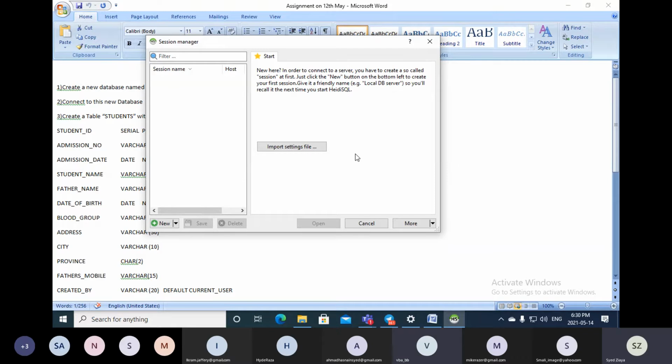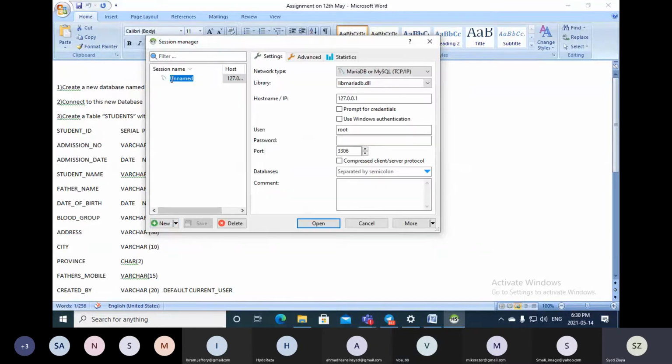There is no information right now on this session. So I create a new session. When I click new, it created an unnamed session. I said my session or my database. Or you can create anything. You can give your name also, but you can use something meaningful. Here in network type, I select PostgreSQL TCP/IP. When I select that,